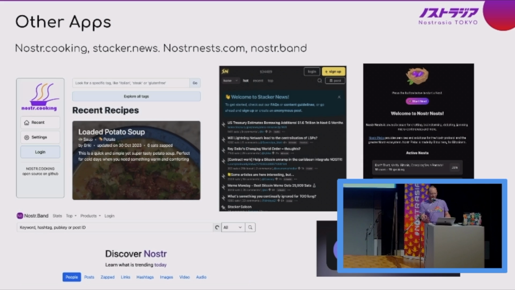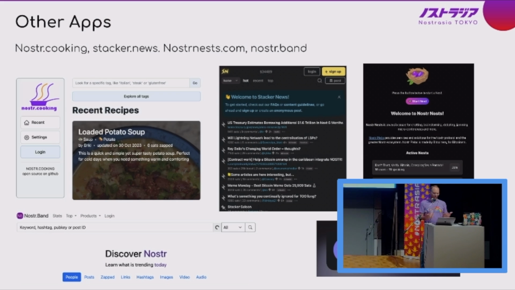Speaking of other interesting apps, Nostr.Band is a search app, right? So you can search anything you want on Nostr. So if you want to find an old note, or if you want to find certain keywords, phrase or quote or an expression, maybe even an image link, and you have the link, but you don't know who actually posted that link. You found the link, and you know it's from Nostr, but you don't know who posted it.